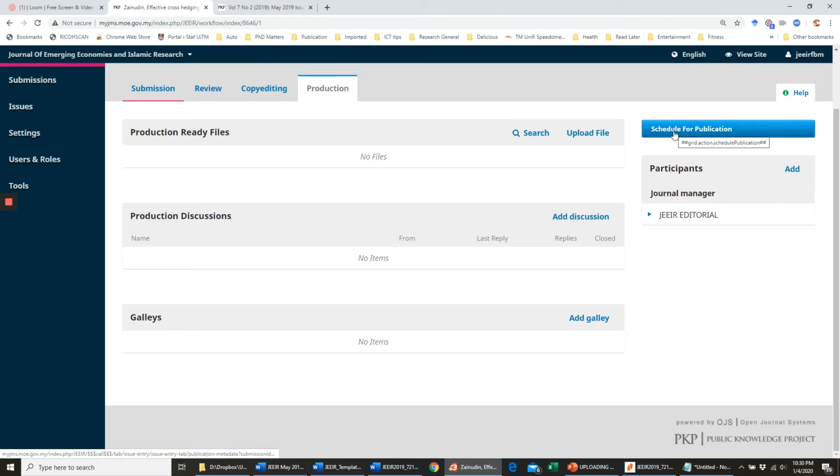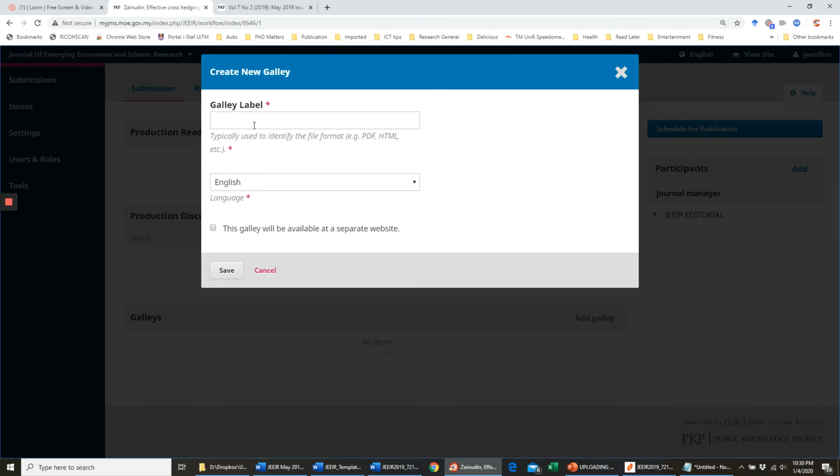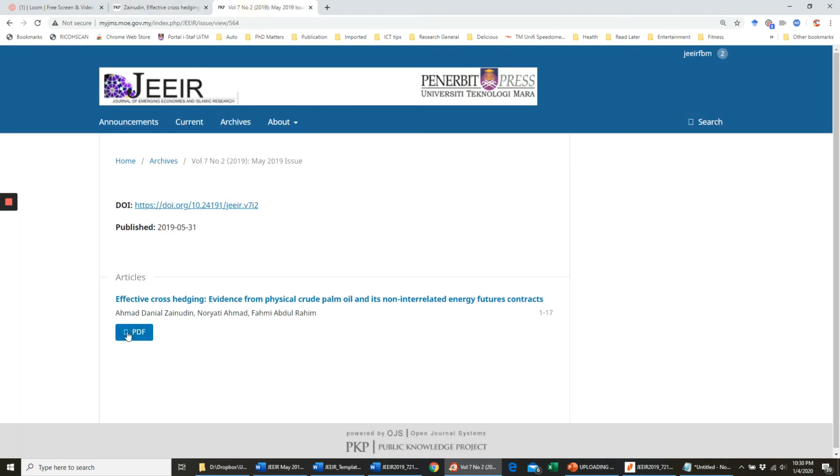But before you click the button schedule for publication, do you notice here the area called galleys? Click here at galley. What is actually galley? Galley refers to here. Do you see this button on and off when I hover over it? Galley here refers to the